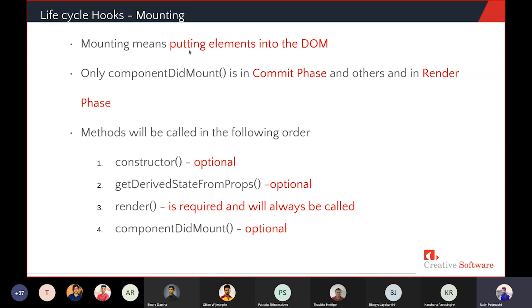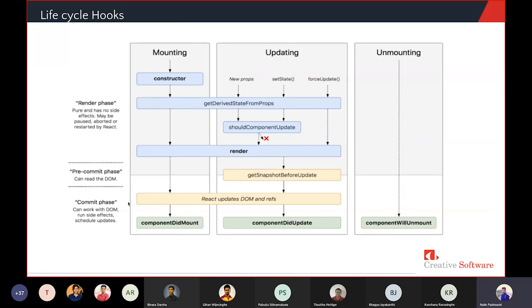Mounting means putting elements into the DOM. I have already explained that. In the render phase, this is automatically handled by React, and in the commit phase, you can run your HTTP calls and updates as well.